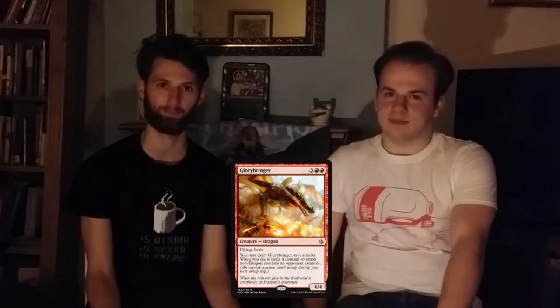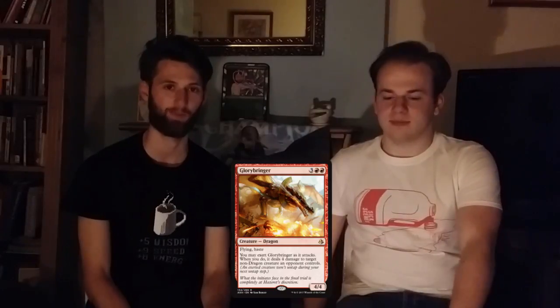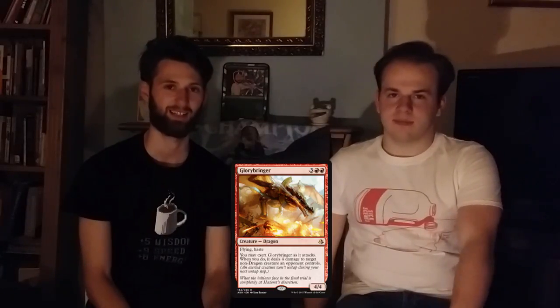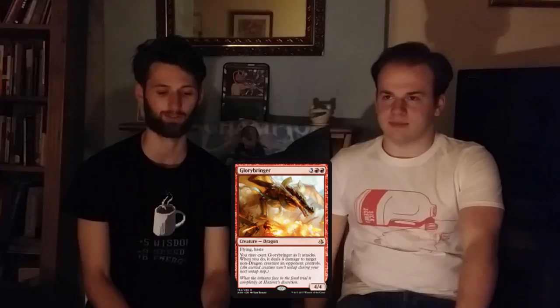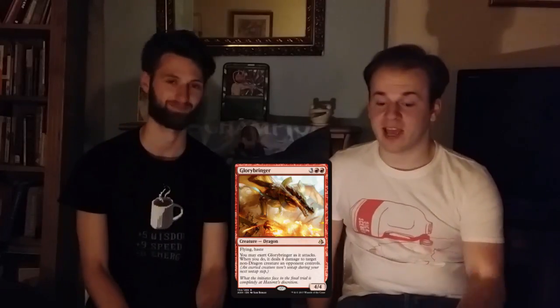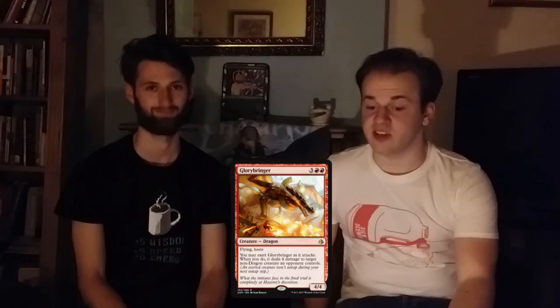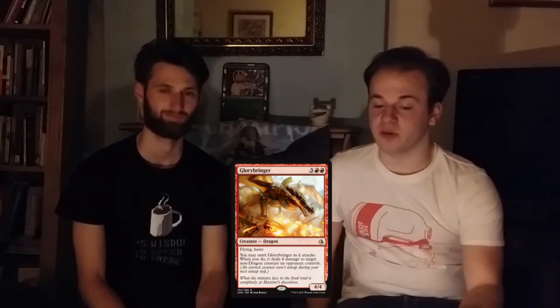So speaking about dragons, next we're going to talk about Glorybringer. It's a 5 mana dragon, 4/4 flyer with haste. When it attacks, you may exert it, and if you do, it does 4 damage to target non-dragon creature. Of course. Exert's the new mechanic from the set, which means if you exert it, it doesn't untap